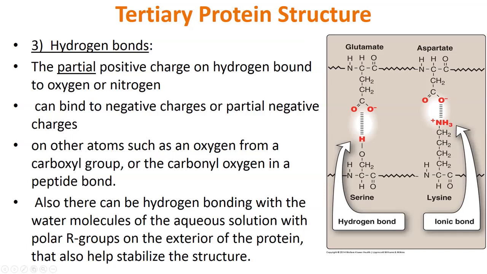That's the key. So when you're trying to figure out whether it's ionic or hydrogen, the hydrogen involved shouldn't have a net positive charge. If it has a net positive charge, it'll have a little plus there, like right there. If it doesn't have a net positive charge, we're talking about hydrogen bonding. So the negative charge could be a full negative charge or a partial negative charge. In this case, we have a full negative charge, but you could have that hydrogen interacting with an oxygen that's not fully negative charged. Like an oxygen in a water molecule, for example, could interact with that,